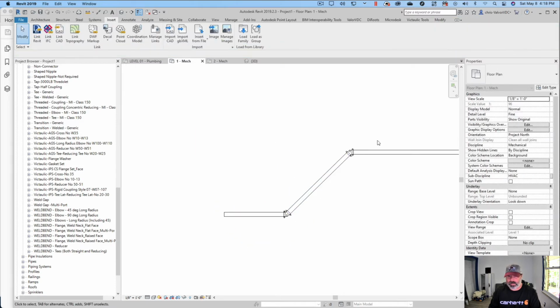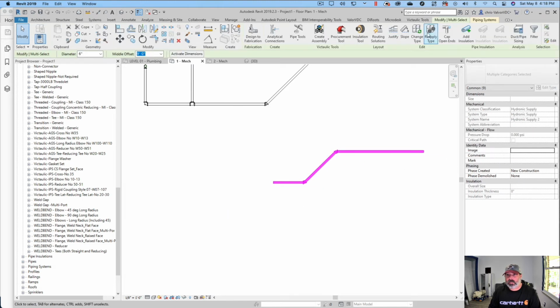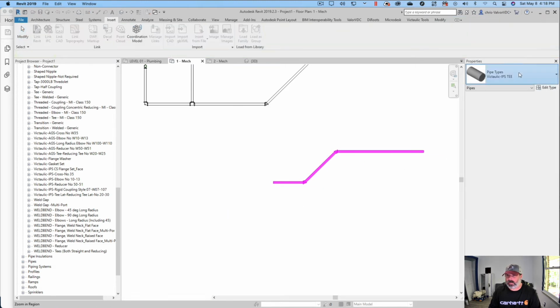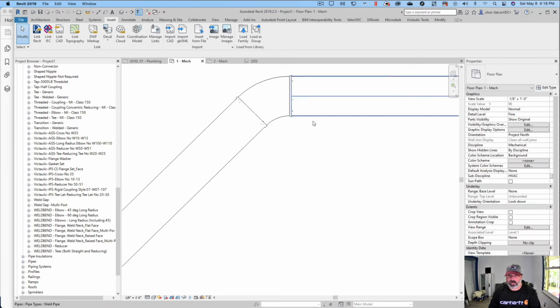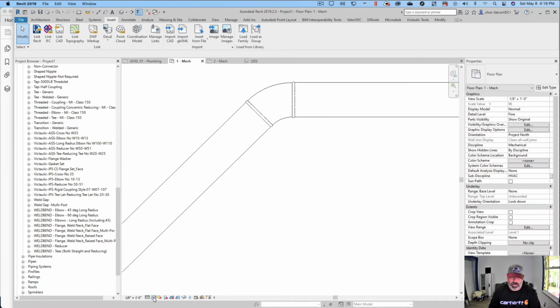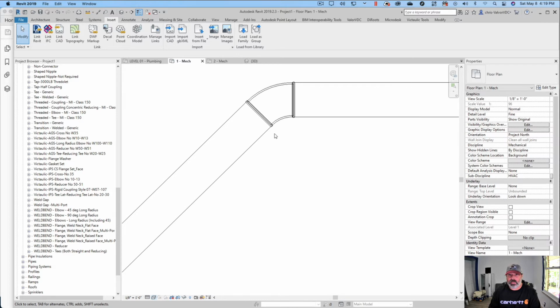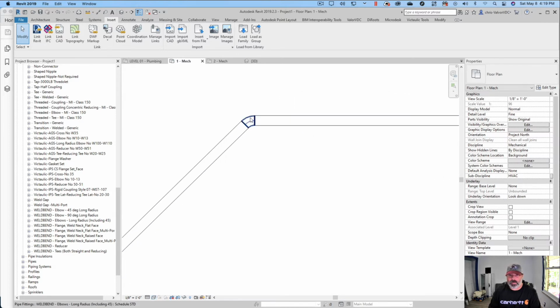My bad, I picked the wrong one. So what I'm going to do is I'm going to highlight the whole thing. I'm going to come in here and I'm going to say change type. I'm going to go to my weld pipe, and all this is going to change. So you can see now, let's go ahead and take this, make this hidden. So you can see now that I have the pipe, the fittings,